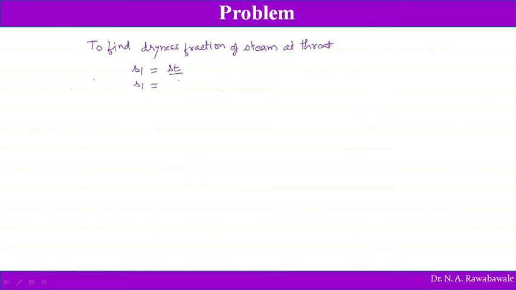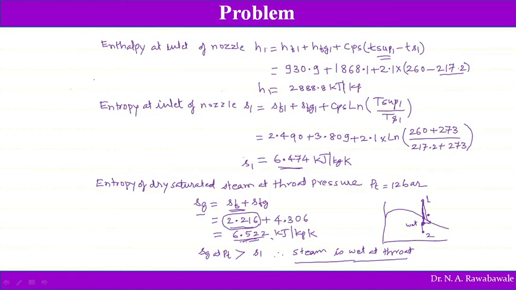Entropy at throat can be written as Sft plus Sfgt into xt. What is our assumption? Steam is wet. Therefore we have taken multiplication of dryness fraction. So S1 value is calculated as 6.474, which we have already calculated. S1 is equal to 6.474. So this value we have substituted